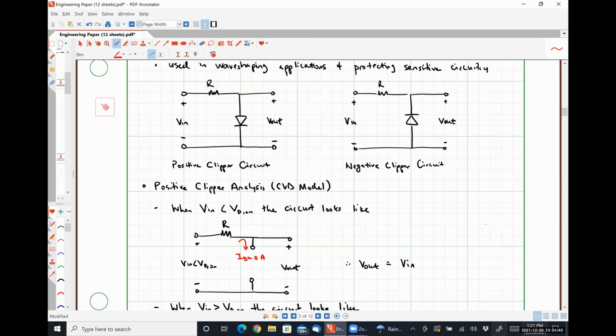Also no. We had a voltage source. So we can make it a biased clipping circuit if we put a bias voltage V bias here, or alternatively, for a negative clipping circuit,